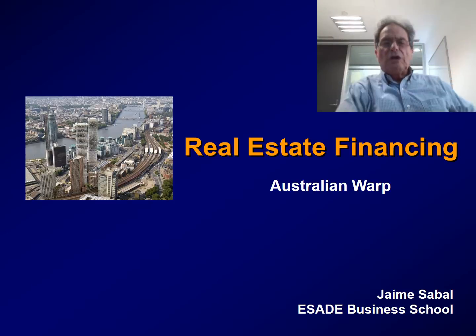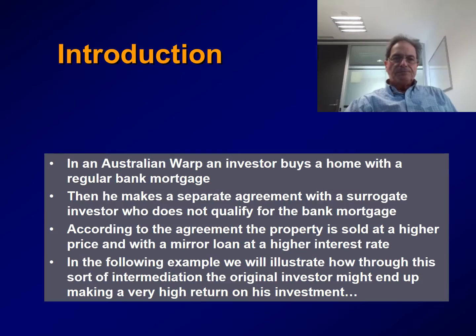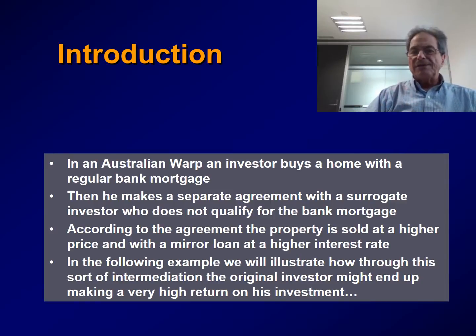Today, we are going to talk about a very interesting type of financing called the Australian warrant. In an Australian warrant, an investor buys a home with a regular bank mortgage. Then he makes a separate agreement with a secondary investor, a surrogate investor, who presumably does not qualify for a